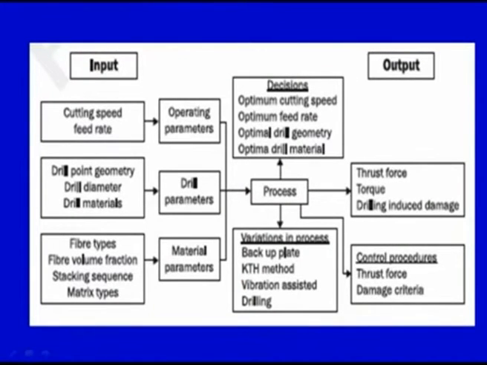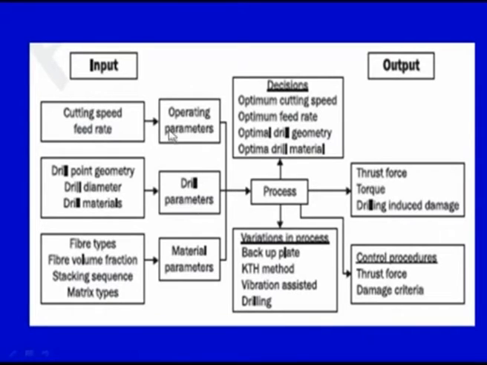On your screen you have a simple diagram in which there are two broad categories. We have an input and we have an output. Now what is the input? This particular diagram gives us the inputs and the output relationship in case of the drilling of polymer matrix composites. So the process is drilling and the material is polymer matrix composite. We can see there are broadly three inputs going into the process. This is the drilling process. In the process there are broadly three inputs: input number 1, input number 2 and input number 3.